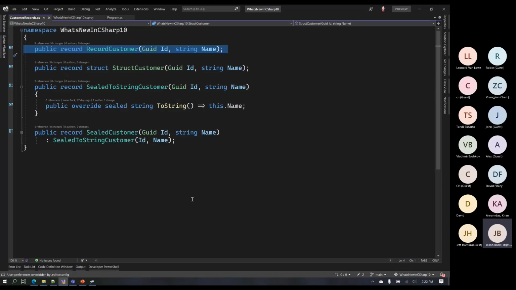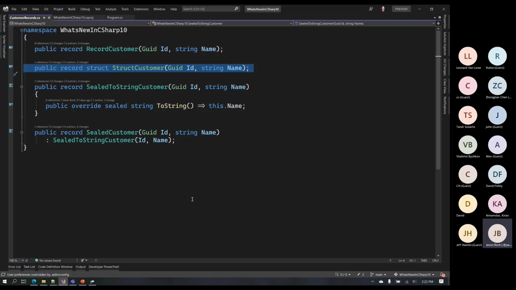So there wasn't an actual extra type added in C# 9, in the sense that a record isn't just a record, it is a class underneath the scenes. But some people said, well, in certain cases, I may want this to be a struct, so why can't I define it as a struct? And now in C# 10, you can.